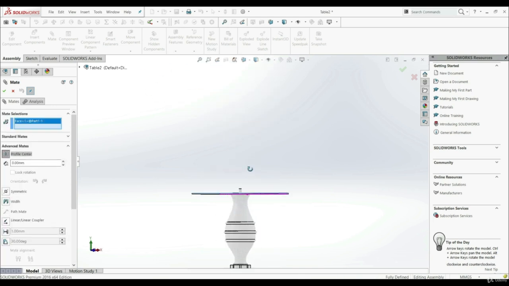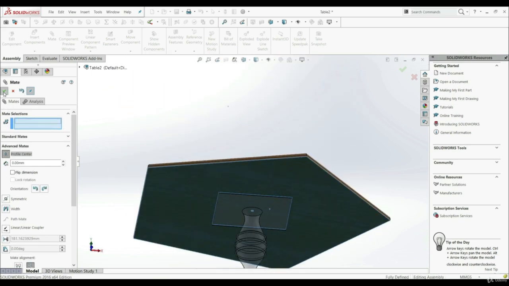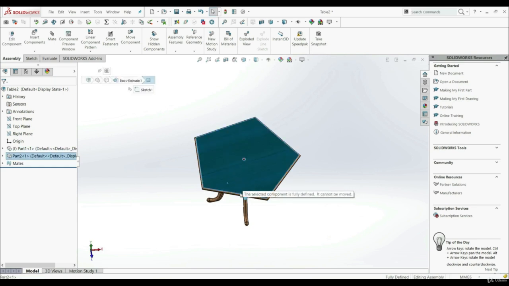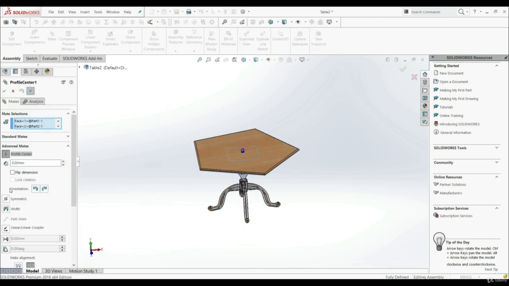We want to mate this face here and this face here, like this. And let's click OK. Now we got this result. Now if you try to move this, it's not possible. If you want to rotate this, we have to go to Mates, right click, Edit Feature, and here we have